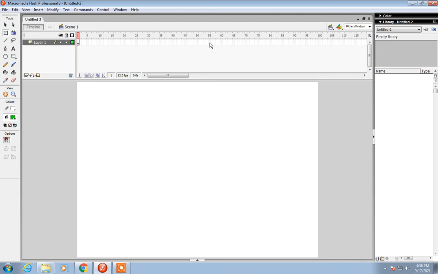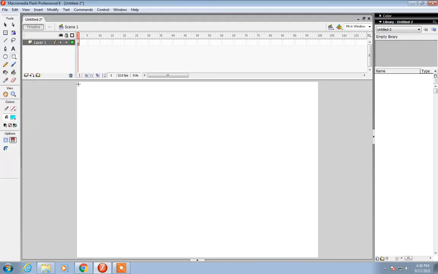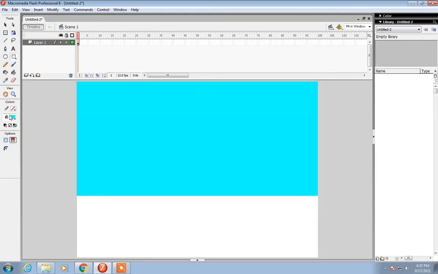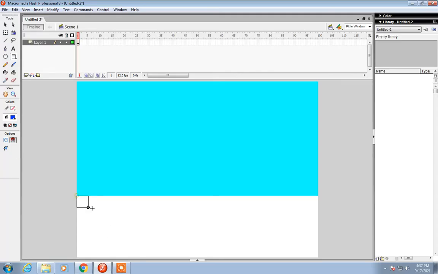Hello everyone, in this video we will be seeing how water is flowing from a tap. For that, first we will start with our background design. We will be making use of simple rectangles. I don't want any border for it, I will just fill some color into it. I will be using a light blue color rectangle on top and then a dark blue color rectangle below.